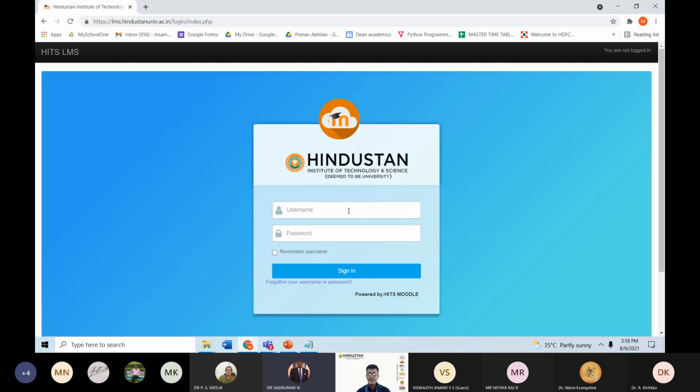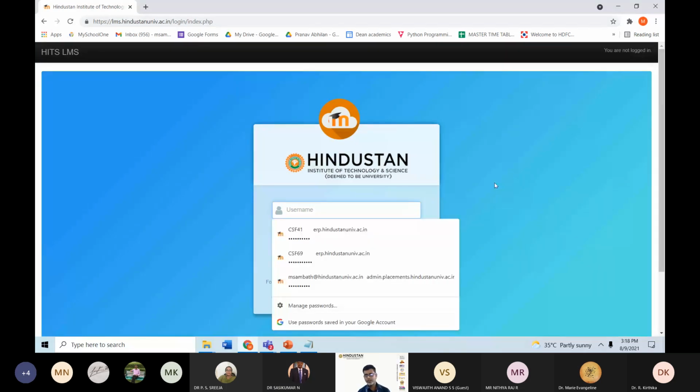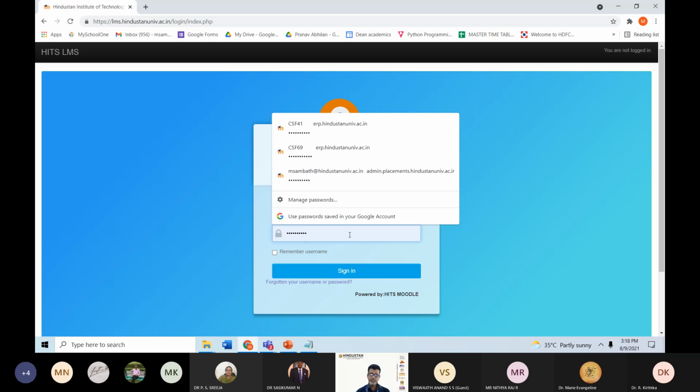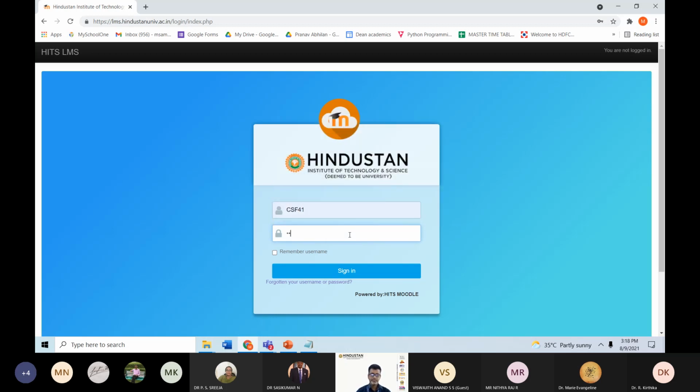Okay. So the Moodle coordinators are given a special permission called manager. This permission is not available to other faculties in your department. They will be able to access their course alone. They will not be able to create the courses. Only the Moodle coordinator is able to create the courses. Now, for example, I am going into my login where I have been given manager permission.